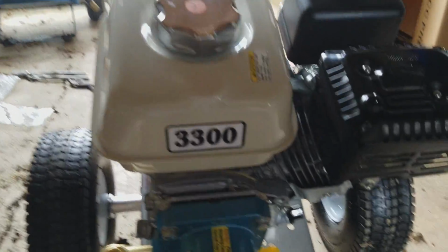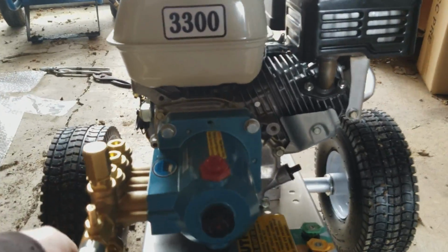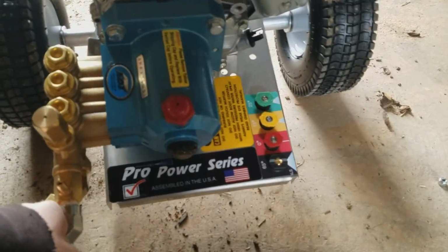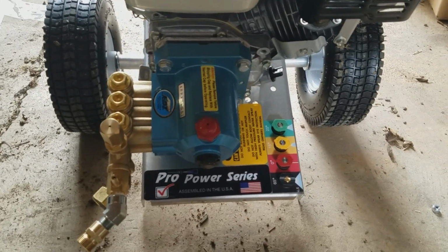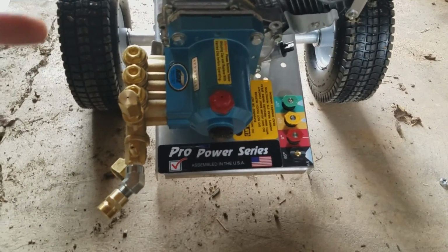Also, the other thing I notice is the way this is on here, it's actually a little heavy towards the rear, so it wants to tip up real easy. And wants to flip backwards, which I would much rather have seen it more forward. Or even have, like, put the engine...